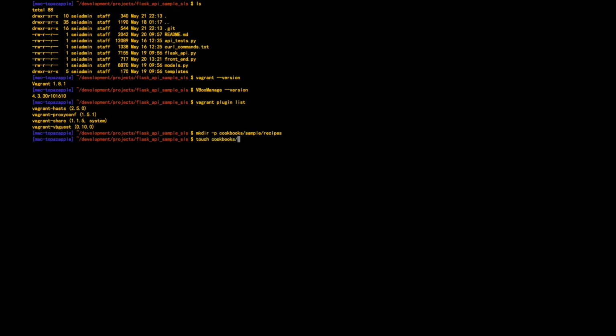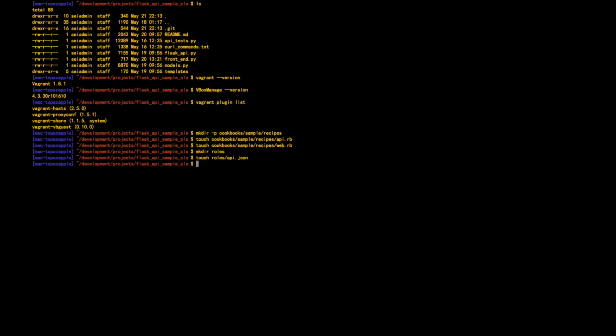So let's create the folders that we'll need to hold our configuration files. The cookbooks folder holds a sample cookbook with 2 recipes, an API recipe and a web recipe. One for the Flask API service in the GitHub project and one for the front-end service. Each application we will focus on